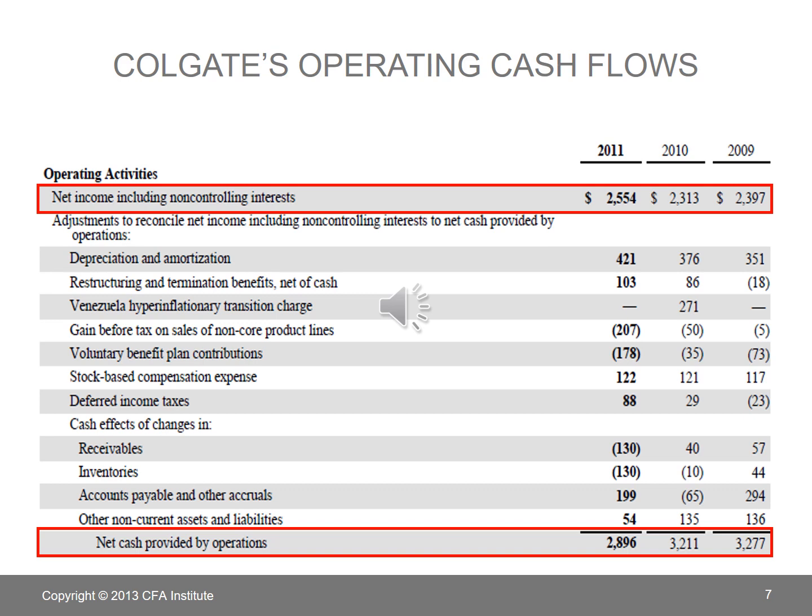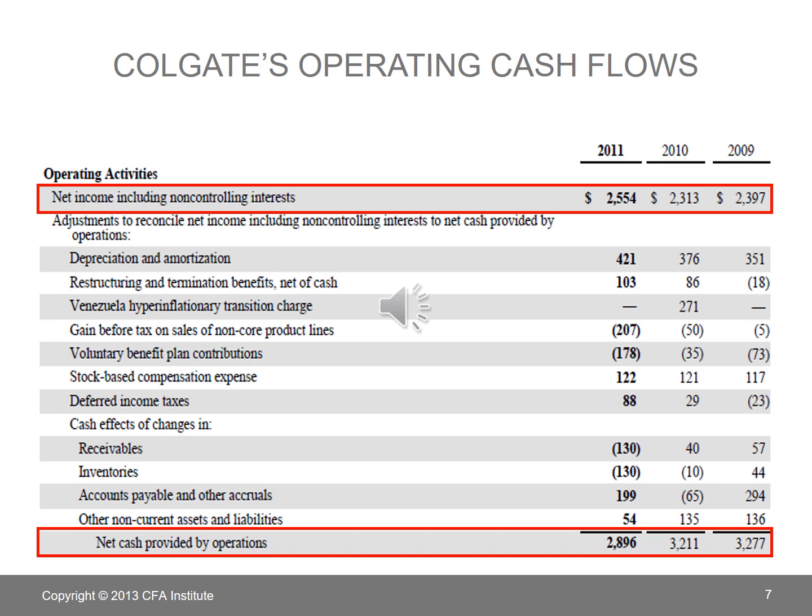Net cash from operations decreased in 2011 compared with 2010, and the company's MD&A, management discussion and analysis, explains that net cash provided by operations in 2011 was 2,896 as compared with 3,211 in 2010 and 3,277 in 2009. And the decrease in 2011 as compared to 2010 was primarily due to an increase in voluntary